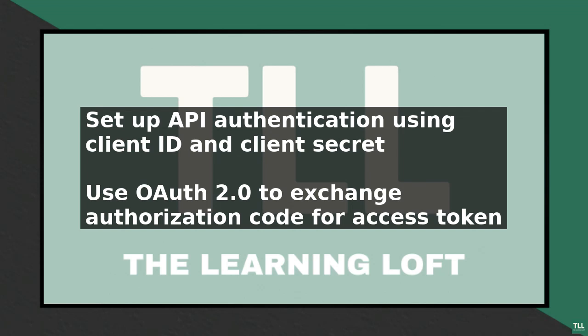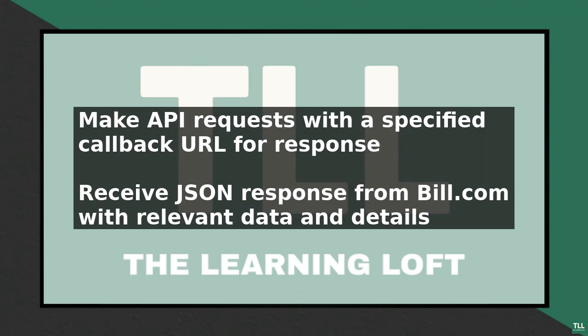Now, use the access token to make API requests. The callback URL is specified in the API request and is where Bill.com will send the response. For example, when creating an invoice, the callback URL might receive a JSON response with the invoice ID and other